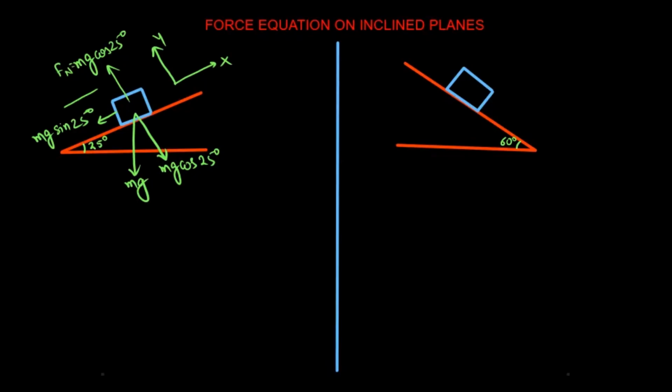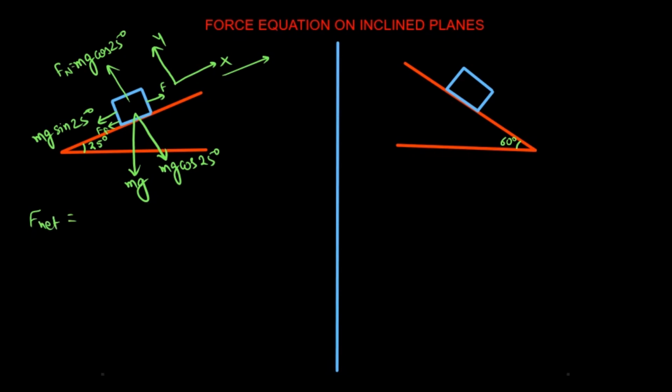But let's assume there is another force, F, acting this way. And because of this force, now the motion is happening along this direction, in the positive x direction. Since the motion happens in positive x, force of friction would be opposite to the direction of motion, like this. And now when we write the net force,